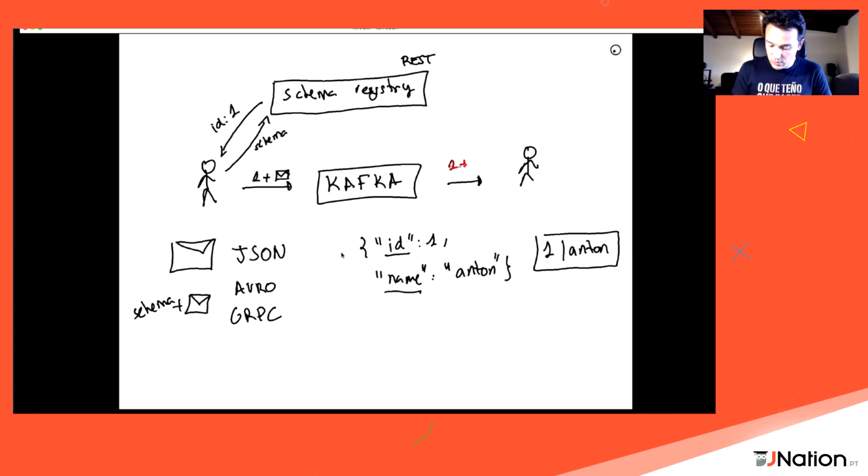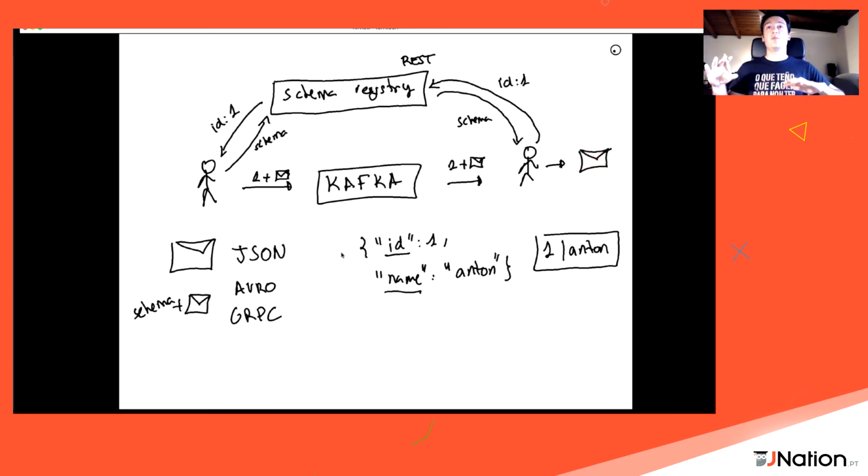Our consumer is going to receive the number and message, and is going to request to the schema registry, give me the schema with the ID 1. It is going to return the schema, and now it can deserialize and use the message.